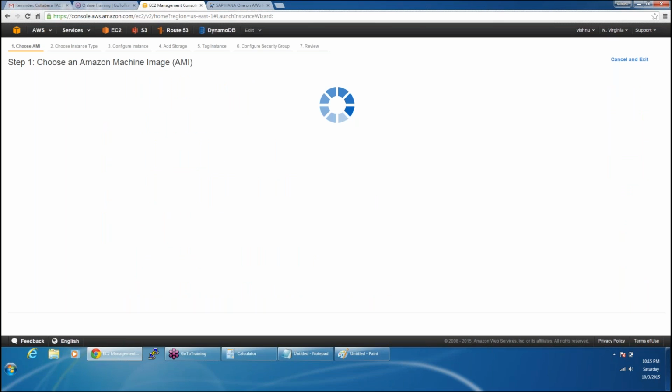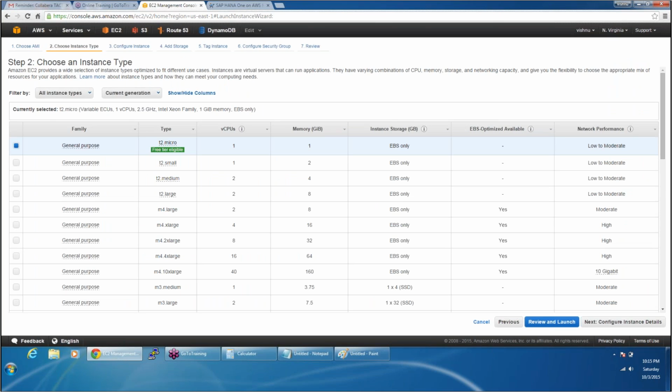Then, in the very next screen, it asks you about instance type. Choose an instance type. If you guys can see this, it says choose an instance type. All the while I've been saying I need a server, I need a server. But what is the configuration you need? I need a Windows Server 2008, that's fine. But what should be the underlying hardware? Whether you want 1 processor, 2 processors, 1 GB RAM, 2 GB RAM, 4 GB RAM, or 100 GB RAM, depending on your